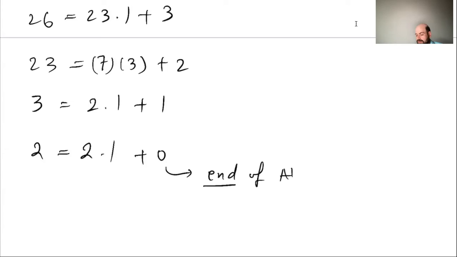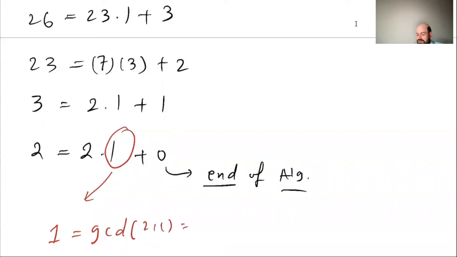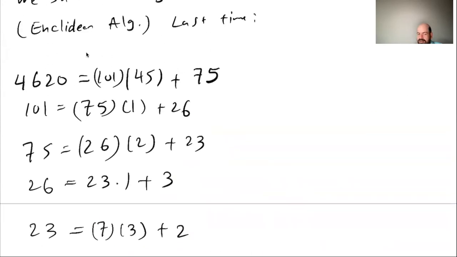Once the remainder is 0, then I will finish or end the algorithm. And what will be the GCD? GCD will be this number here. So 1 is the GCD of 2 and 1, which is the same as the GCD of 3 and 2, right? If you go backward, 1 is the GCD of these two numbers, but then the GCD of these two numbers is the same as the GCD of 3 and 2. And then we go all the way backward until we get the GCD of the original two numbers that we had. You go step back and then back and then back and then back and then back,